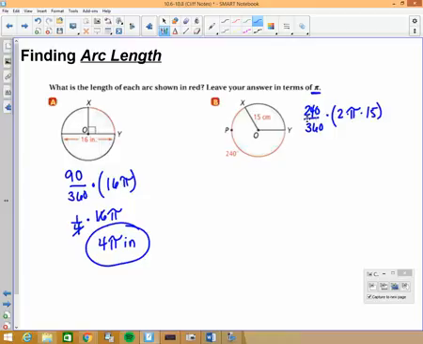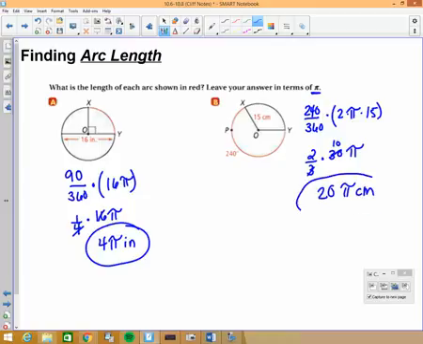I can reduce 240 over 360 to 2/3. And then I can multiply 2 times 15 to 30 pi. I can reduce again. 3 into 30 will give me 10. 2 times 10 is 20, so it looks like I'm going to have 20 pi, and again, centimeters, it's a